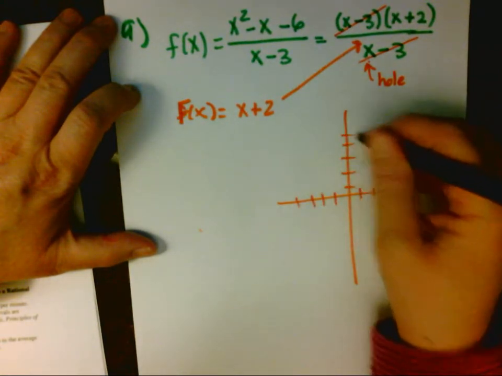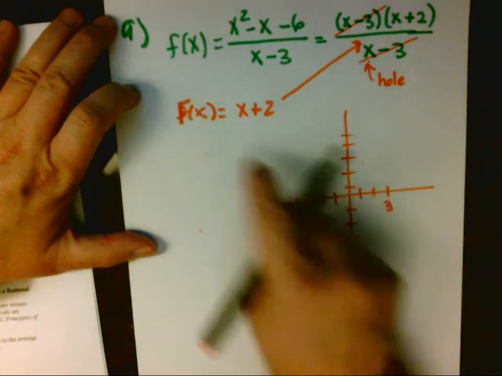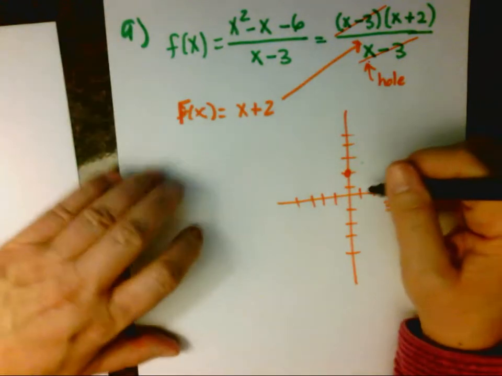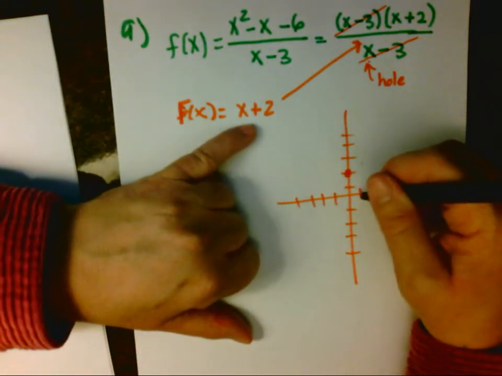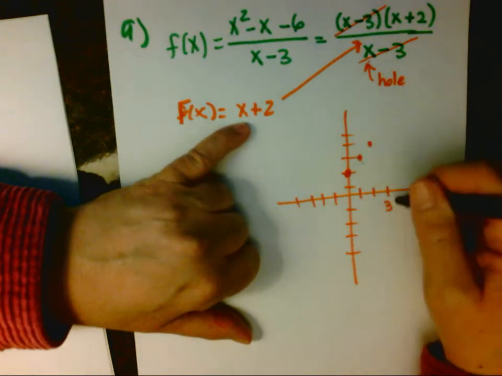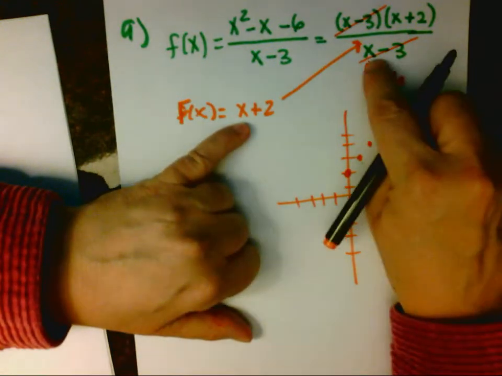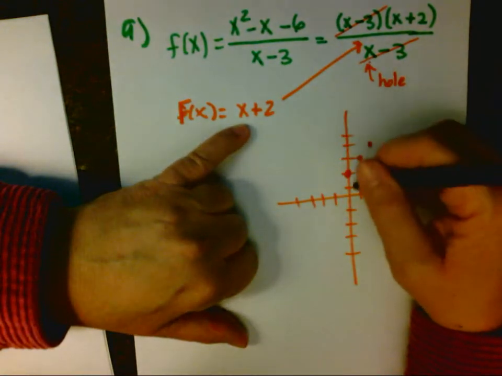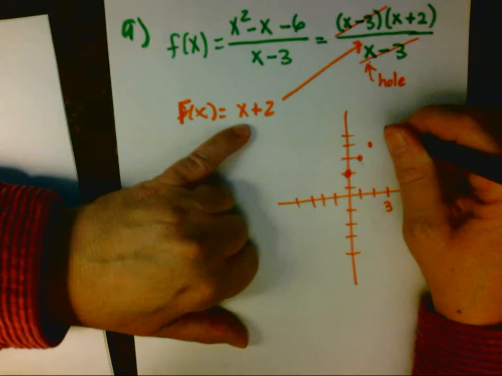Okay, so all we have to do here is graph the line y equals x plus 2. We did that line just a second ago, I think. So when x is 0, we get 2. When x is 1, we get 3. When x is 2, we get 4. When x is 3, it's not defined because we can't put 3 in the denominator. But 3 plus 2 is 5, so this is the point (3, 5), and I'm going to put a hole